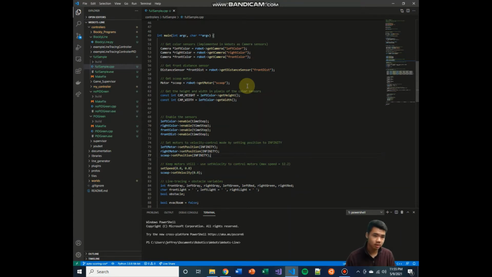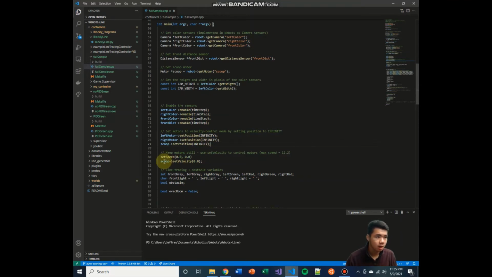So if I say set position to 2 pi radians, 2 pi radians is just 360 degrees. So after the motor rotates 1 full time, it'll just lock itself, and it'll freeze right there. But since we don't want to do that, we want to allow our motors to rotate infinitely. We just set the positions to infinity in caps,